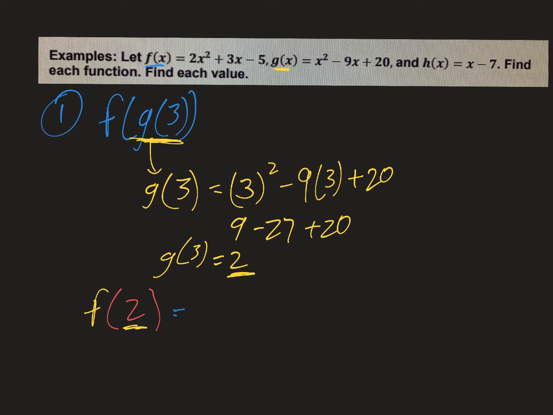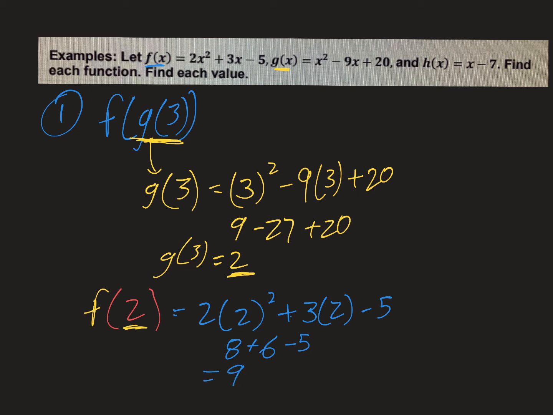So here we go. 2 times 2 squared plus 3 times 2 minus 5. Again, guys, notice these parentheses. If you put parentheses around this, you will never make a mistake, okay? You can't go wrong with having too many parentheses. So here we go. We're going to get 8 plus 6 minus 5,